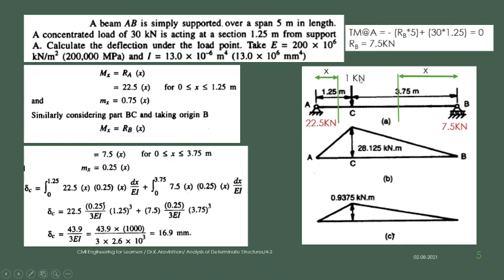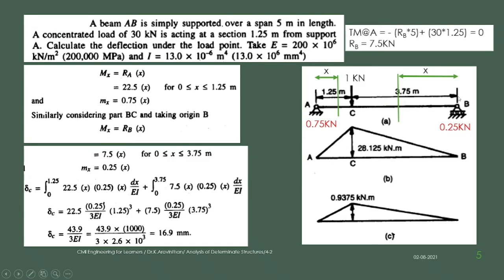That is the load which is given. You will get the reaction RA as 0.75 kilonewton and RB as 0.25 kilonewton. That is, I have divided 7.5 by 30. So this will be the reaction. The same thing I am going to do between the A and C element. We will cut a section named X, and take the moment at this point, RA into X. So RA is 0.75, so 0.75 into X, and the limit between A and C will be the same.